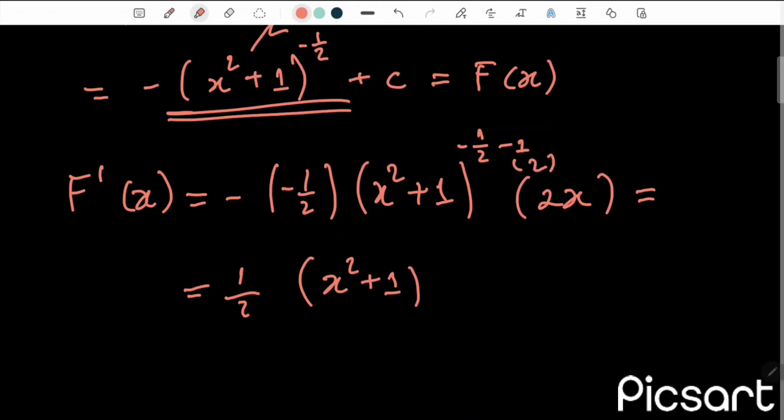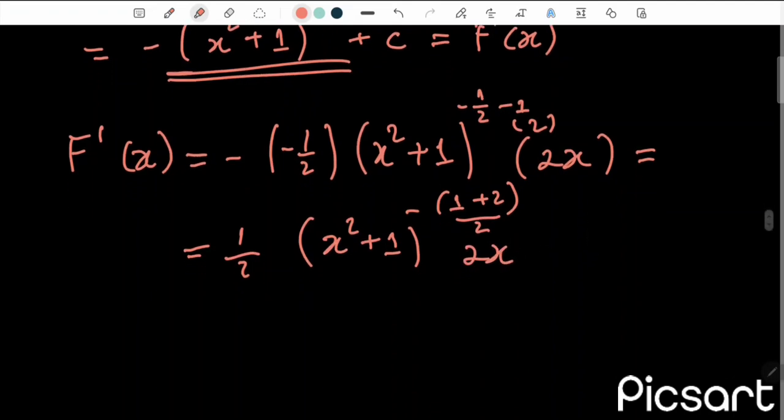If we put 2 there, we have minus 1 plus 2 over 2 times 2x, and now we must simplify 2 by 2,